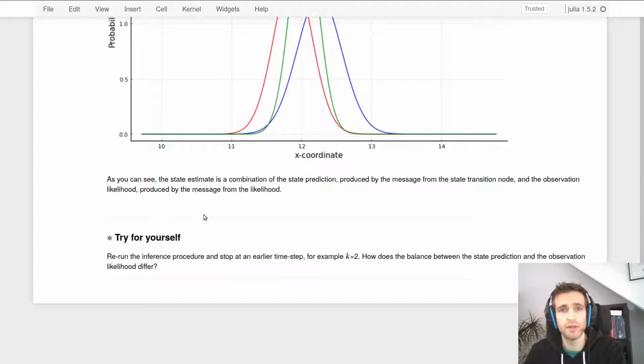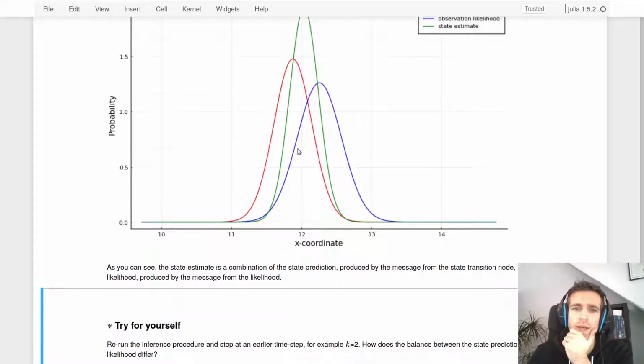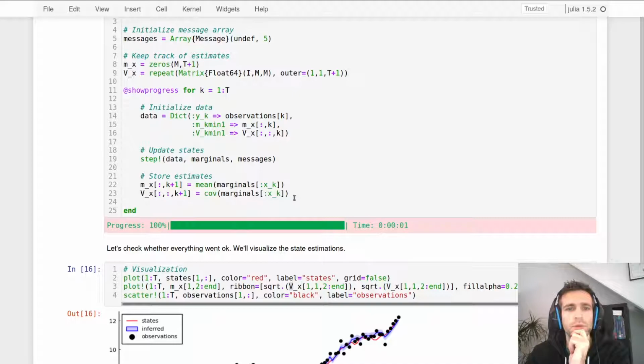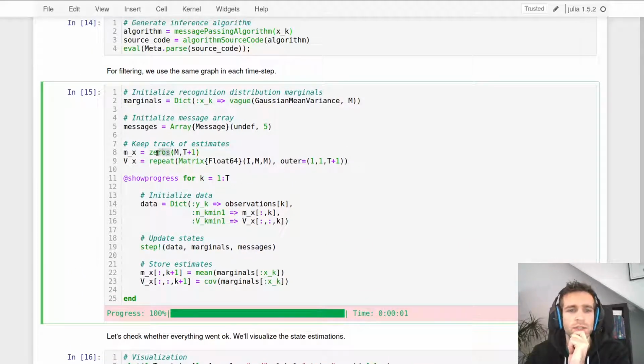So now we come to the final try-for-yourself block. I want you to rerun the inference procedure, but stop at an earlier time step, for example, k is 2. I would like you to visualize the messages again and see how the balance between the state prediction and the observation likelihood differs. Say that for some reason you would like the initial state p of x0 to start at 10 times ones,